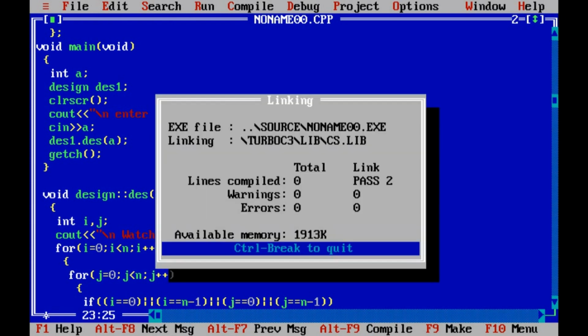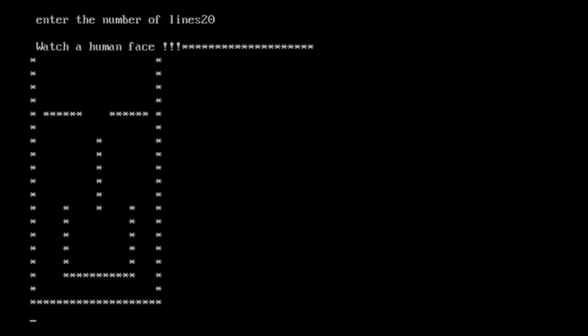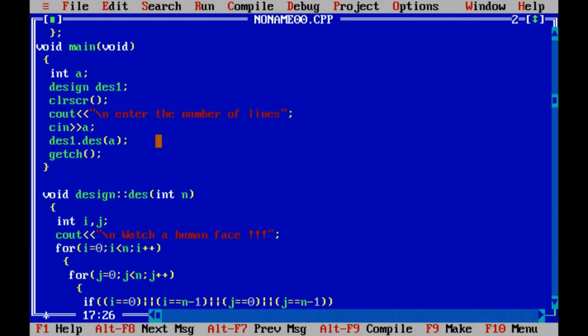Now we are compiling. Now running the code, entering the lines 20. Now here you can see that one line is coming at the starting of the code. This may be a problem, so we need to correct this by entering a backslash n.